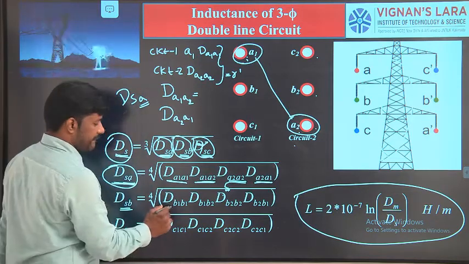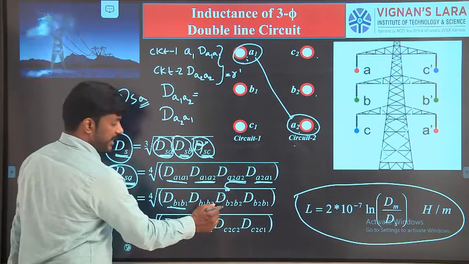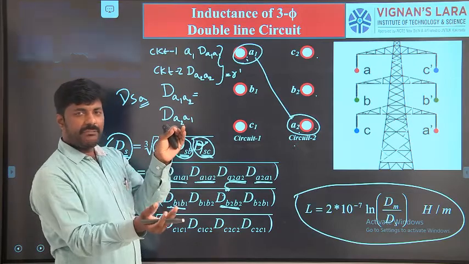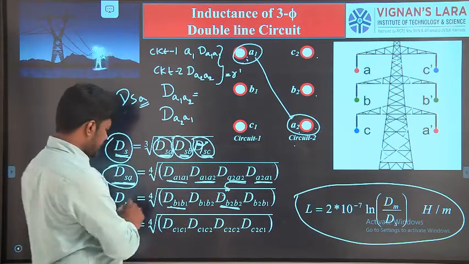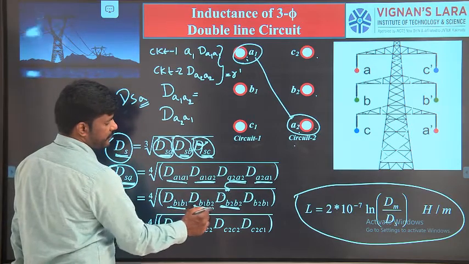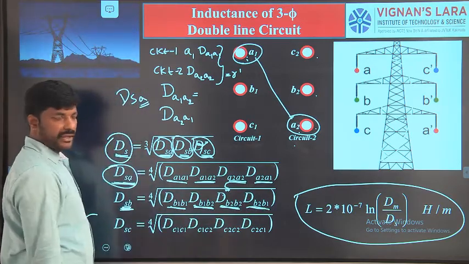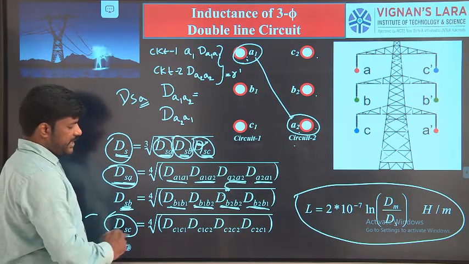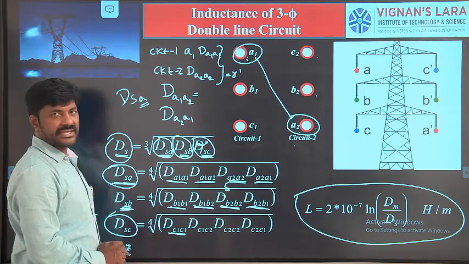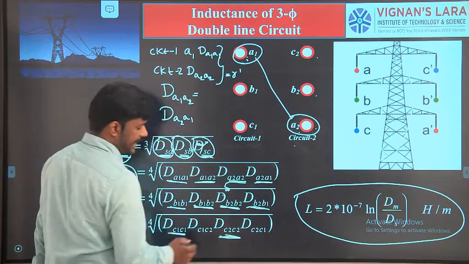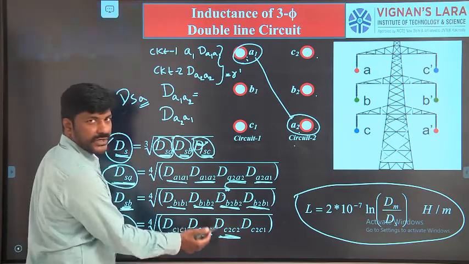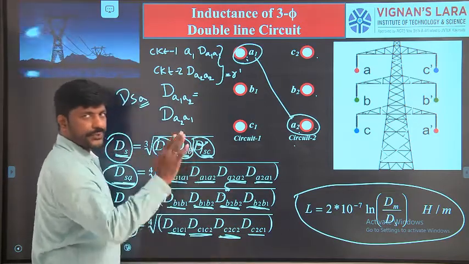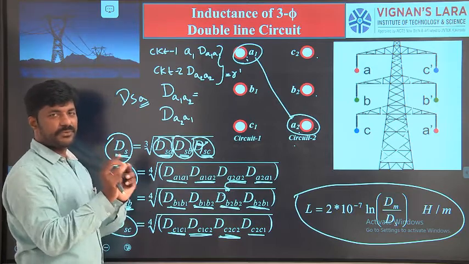I call them as B1 B1 R dash value, B2 B2 again R dash value. The distance between B1 and B2 for phase B, yes, this is for phase B. The distance between B1 B2, similarly B2 B1. Okay. For conductor C, you can observe here. For phase C or conductor group C, you can call this as self radius R dash. This is also self radius R dash. This is from circuit 1 to circuit 2 of same phase C. This is from circuit 2 to circuit 1, combinational distances of similar group phases.